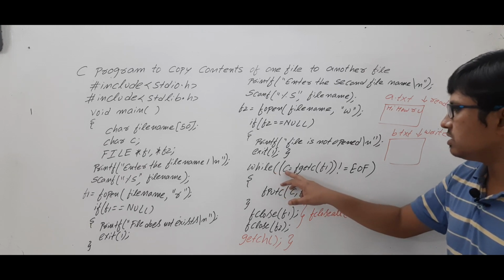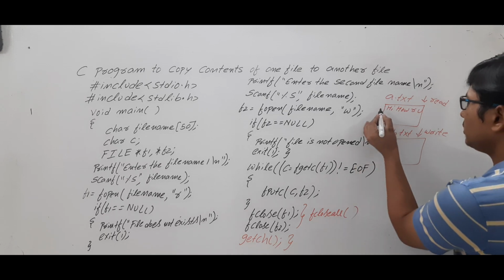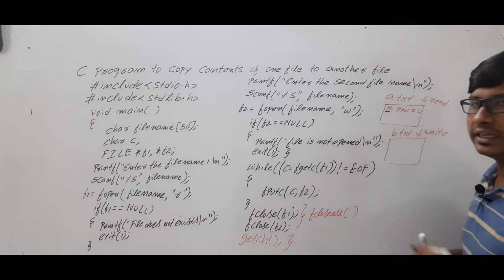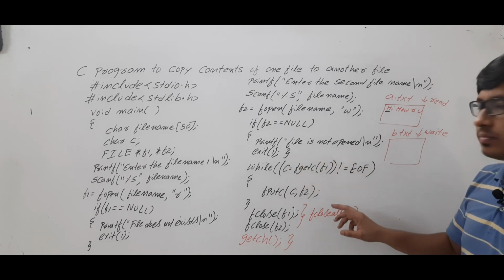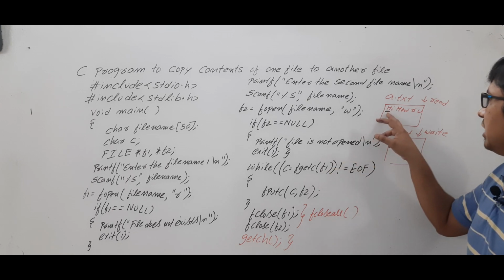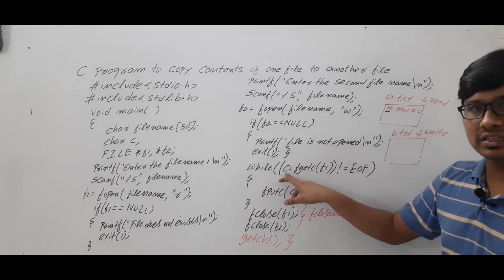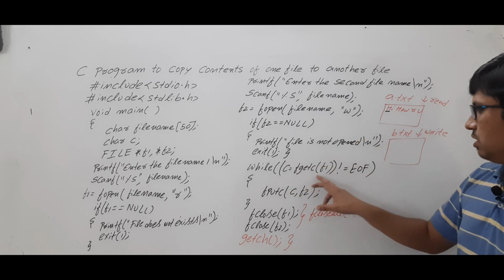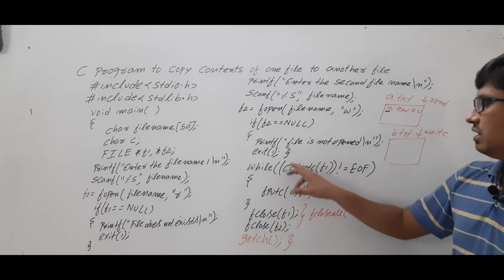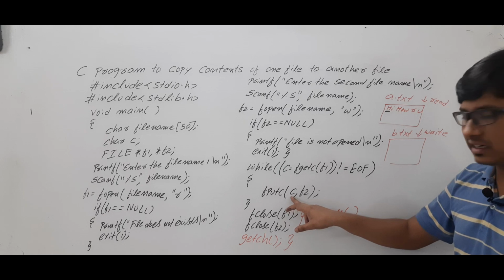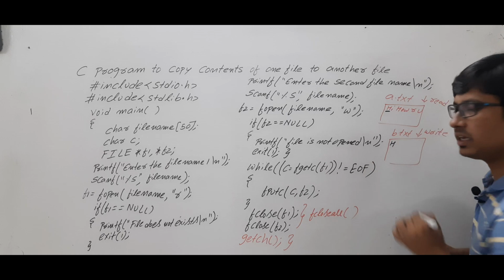Now look at here. c = fgetc(f1) you have written. So the file pointer f1 will be pointing to, basically, the base address of the file. Okay. Now fgetc, you are reading the character from file 1 which is h. And that will be assigned to the variable called c. Now c is having the character h which is not equal to end of the file. Then what you are doing, fputc, copy that character h into the file f2 which is b.txt. So here it will come h.